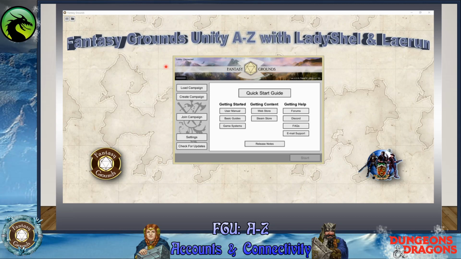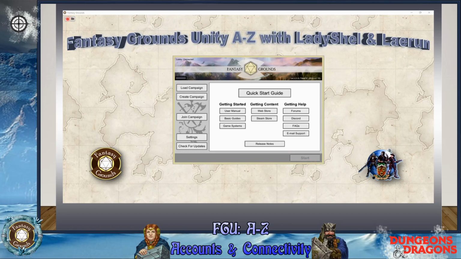We're going to try to cover some topics to make things easier for you and also for our faculty and our community. So this is the launch screen, and what you'll find on this front page is an indicator that the lobby is connected. On the top left corner, you have your quick start guide, user manual, and your guides. All this content in the very front is very helpful. These are links straight to the forums, or if you needed customer support, the email's right there in the interface. Very handy.